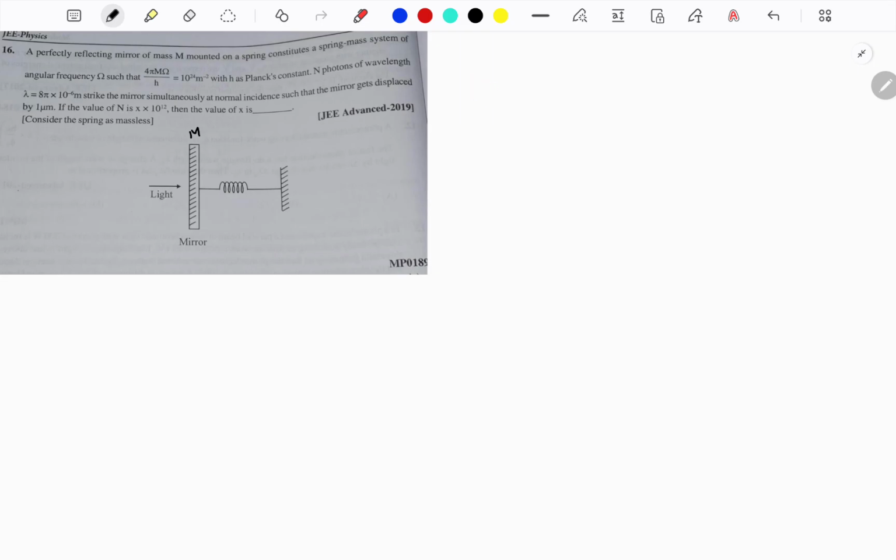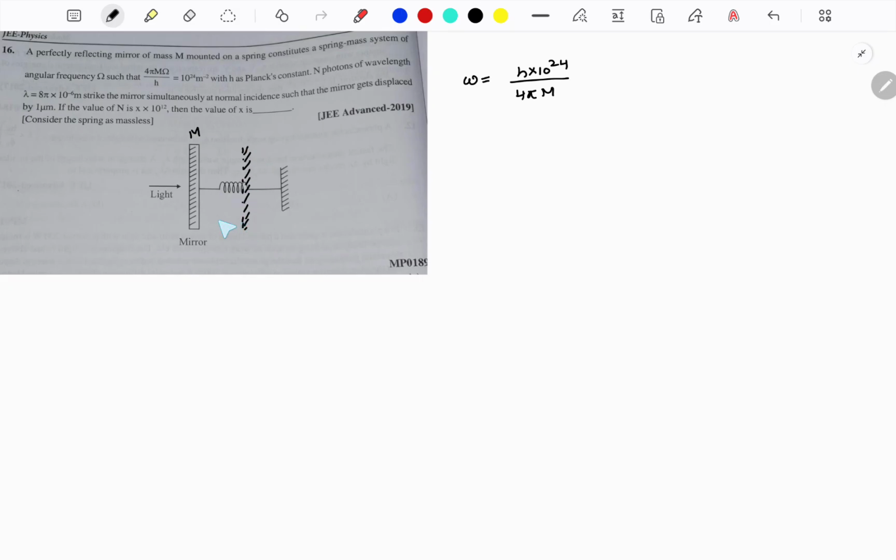Angular frequency is given as this. This is omega, h into 10 power 24 divided by 4 pi capital M. Okay, h is Planck constant. N photons of wavelength lambda strike the mirror simultaneously at normal incidence such that the mirror gets displaced by 1 micrometer. Means the maximum displacement that the mirror gets,